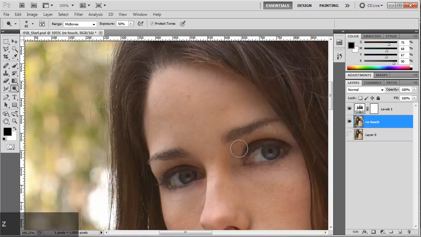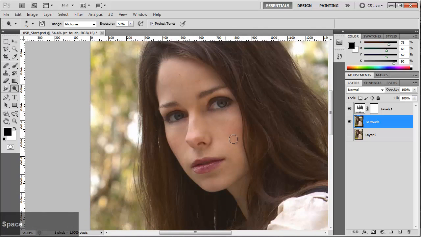Maybe right here. It's good. Okay, a bit brighter there. Next thing I'm gonna do is we're gonna use the spot tool to enhance the color